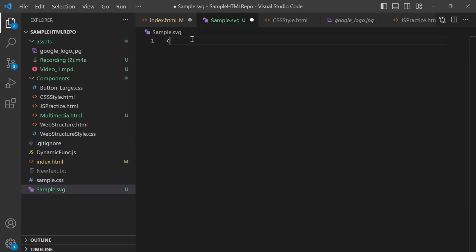So here I need to use SVG. You will feel like I'm writing HTML, but no, I'm writing in XML, though it is pretty similar. Okay, so it is a tag: I'm using SVG, with an opening tag and a closing tag. Now, what do I need to put here?